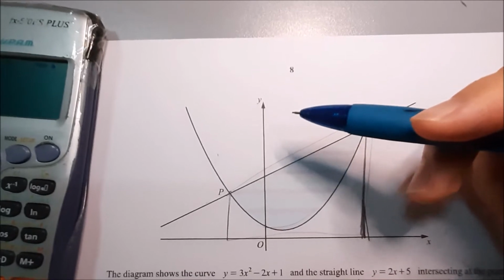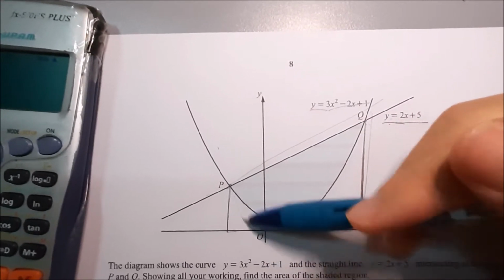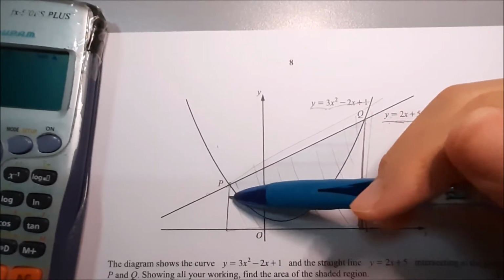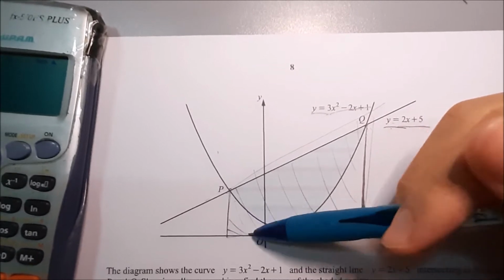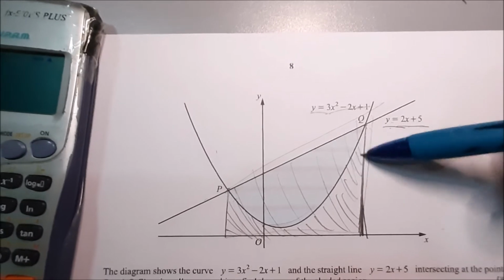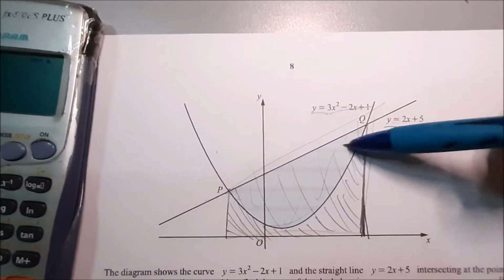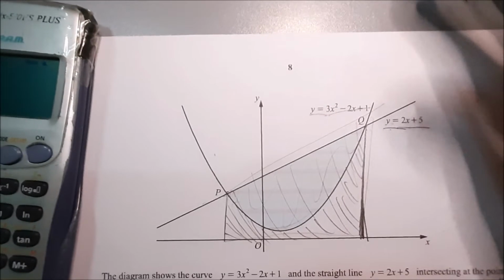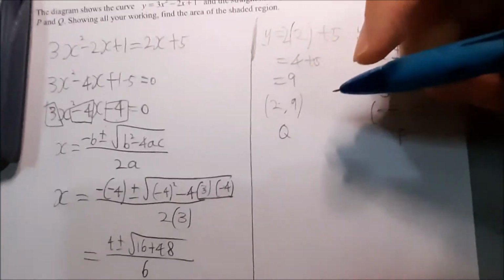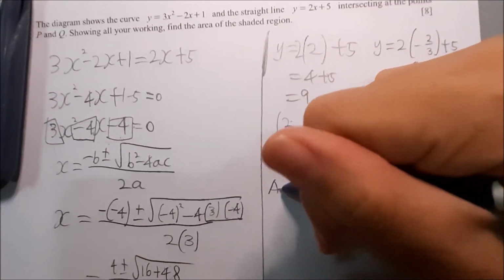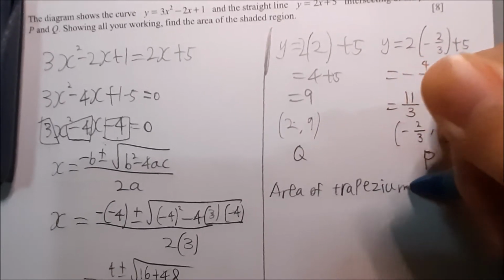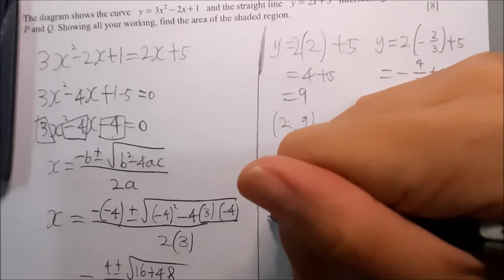So what you do is you get the area of the whole trapezium, and then you get rid of the part which is under the quadratic graph, so that you can get the area of the shaded region. Now this may sound complicated, but it will be easy if I just write it down. So the area of the trapezium is